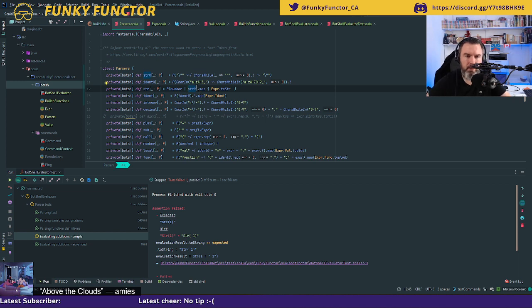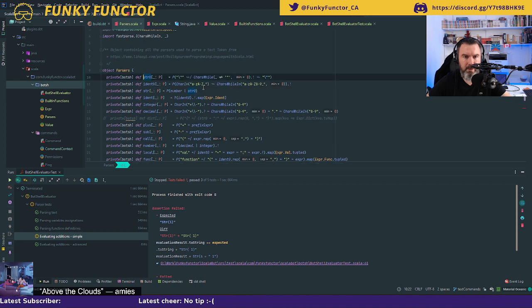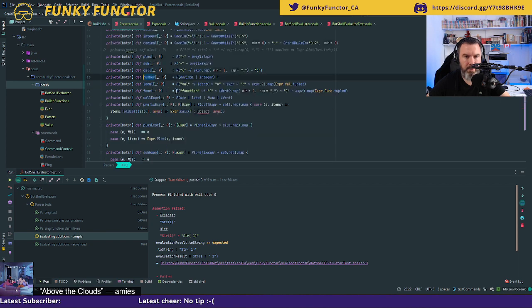So I'm just going to move that to string, and yes, okay. Right now I was doing this, so this one is going to be map expression to string and in number.